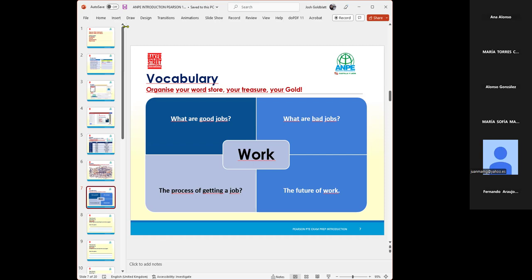Writing and speaking. So let's see if our breakout rooms work. Yes, they do. They definitely work. I'm going to create 3 breakout rooms, and I'm going to give you 5 minutes together. No, I'll give you 8 minutes together. All I want you to talk about together is what are good jobs and what are bad jobs. Okay? So I want you to make a list of words of jobs which you think are good.